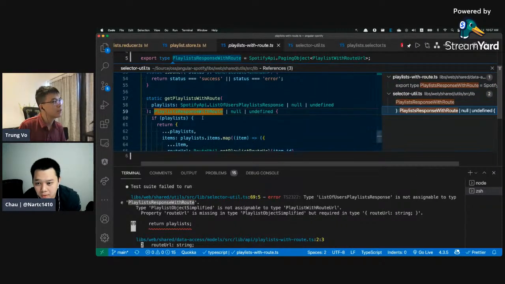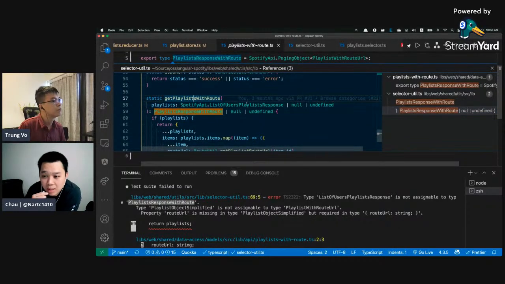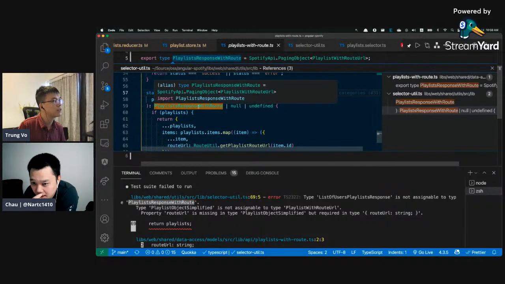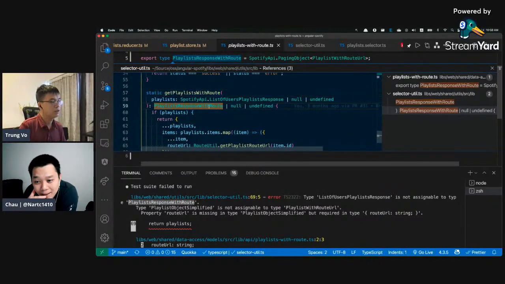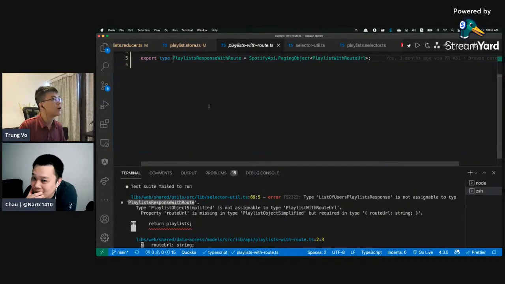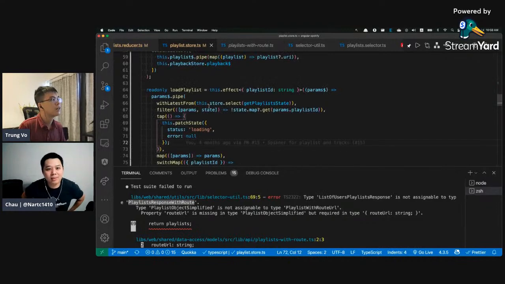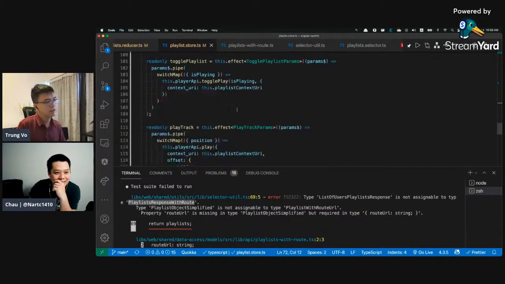Oh, okay, so get playlist. So this one, it takes in the list of user playlist response. And then it gives back this one, yeah. Okay, playlist response with route. Yeah, I'm not sure. Let me use live share and move around. Okay, and at the same time, we can